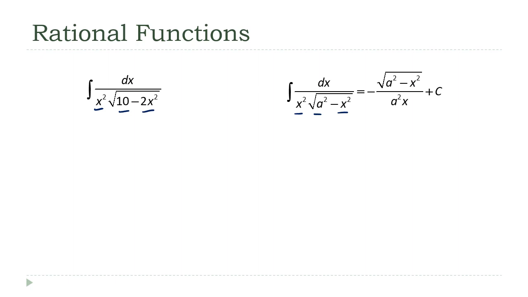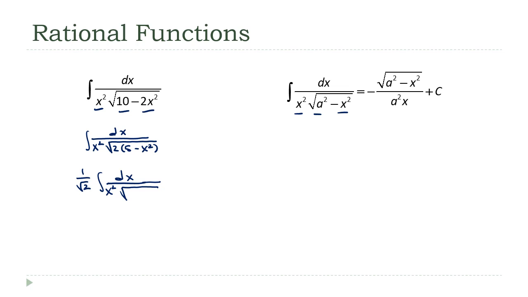But that's okay, because I can get rid of that 2 in front of the x squared by factoring it out. I'm going to make this the integral dx over x squared square root of 2 times 5 minus x squared. Okay, so that's progress, right? Now I don't have anything in front of that x squared. And I'm actually going to bring that square root of 2 all the way out of the integral. So make this 1 over the square root of 2 integral dx over x squared square root of,